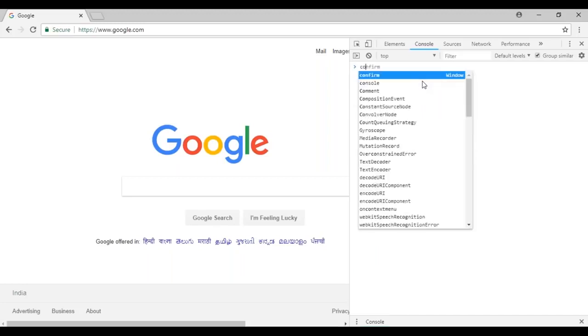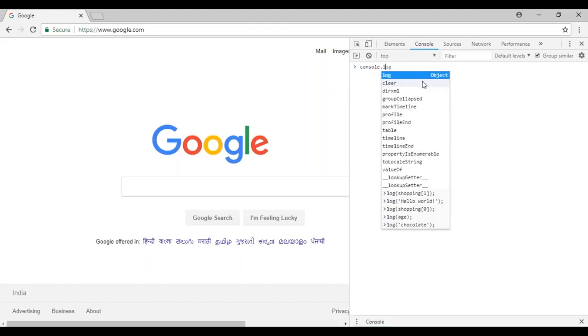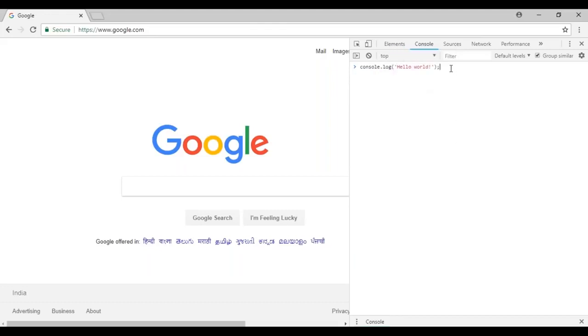So let me just type a statement and then I'll explain what it does. Now basically this is a statement in JavaScript. So what I'm doing here is I'm going to log this message, hello world, onto the console. That's what this function does. Now this hello world is enclosed within brackets and within quotation marks. And in JavaScript, we always practice to terminate our statements with a semicolon. Now let's press enter. So here you can see that it's displaying hello world.